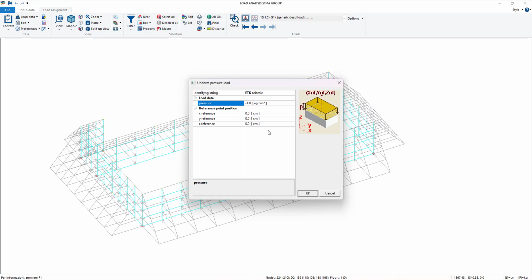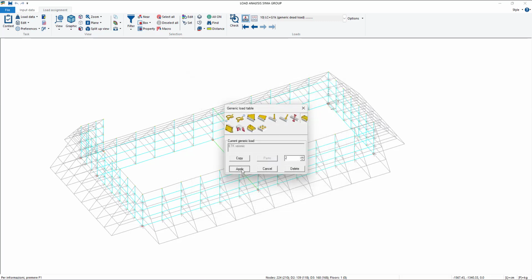And for the reference, we're setting 300, minus 900 and Z1. We go OK and apply.